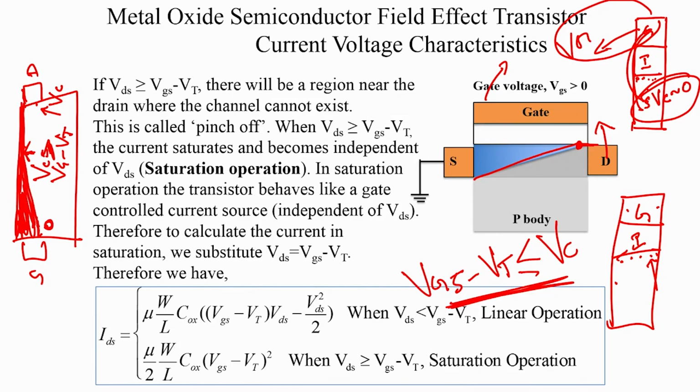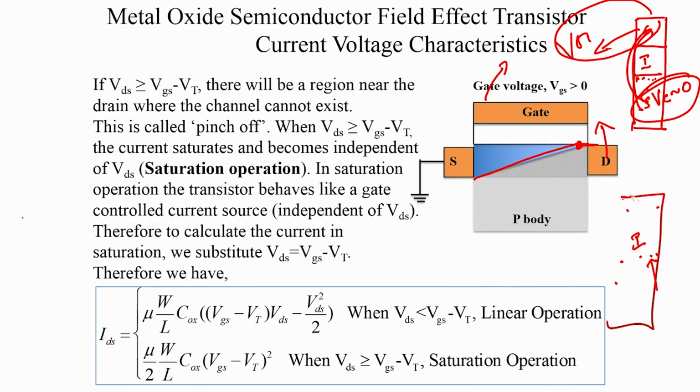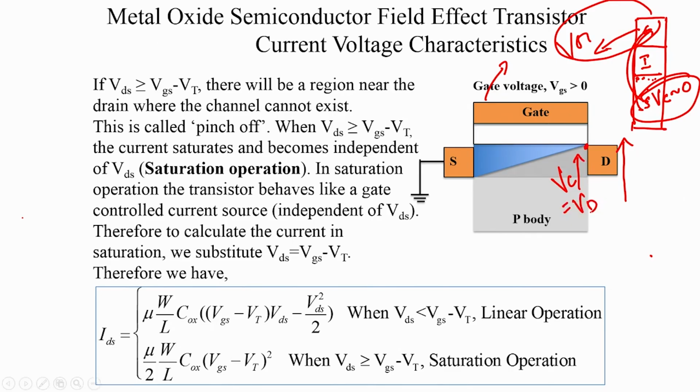Okay. Now, let us do this thought experiment. Let us say we are running the transistor in linear mode of operation. That means the VDS was very low, and we now start tweaking up the VDS, we start increasing the drain to source voltage. As you are increasing the drain to source voltage, the channel potential is increasing. Let us watch the channel potential near the drain, let us only focus on this section here. This channel potential is increasing as you increase the drain to source voltage, and is in fact equal to VDS, right. So, the drain voltage at which the channel potential becomes equal to VGS minus VT